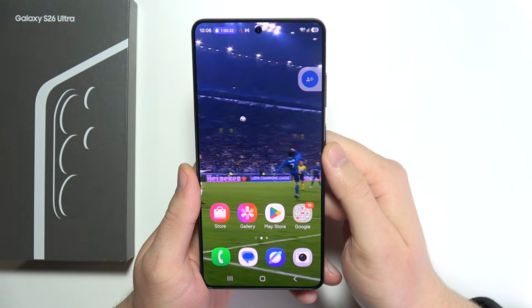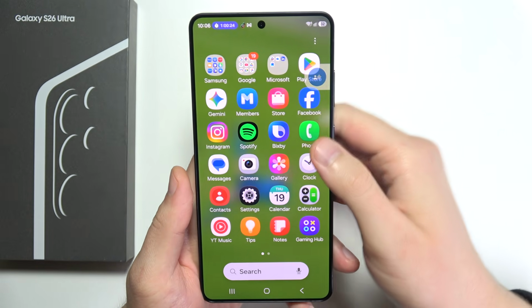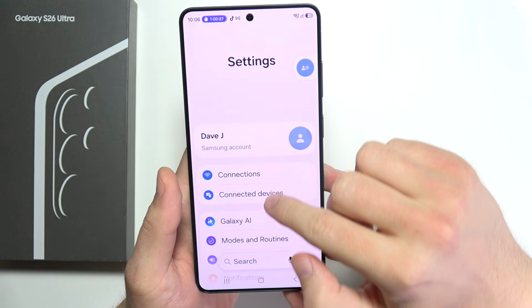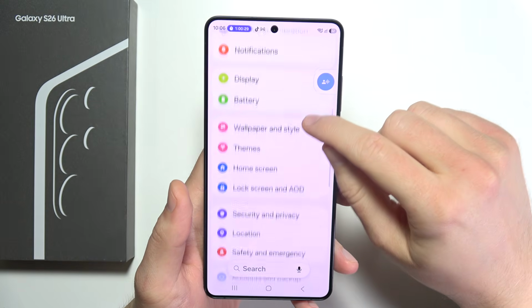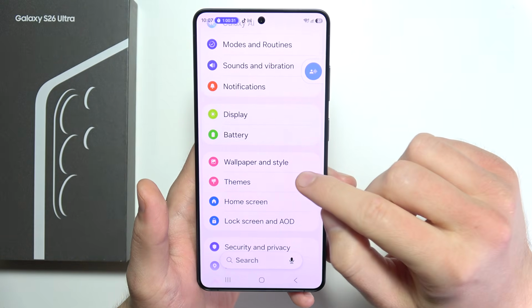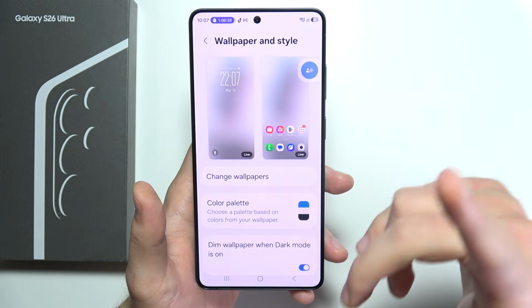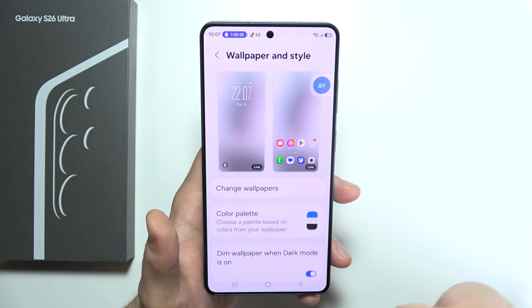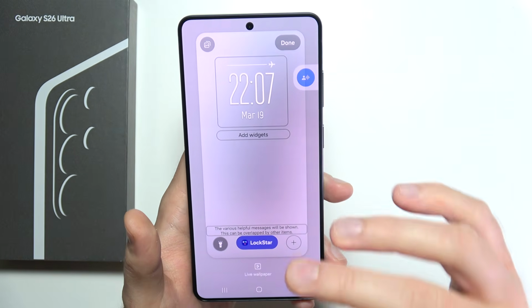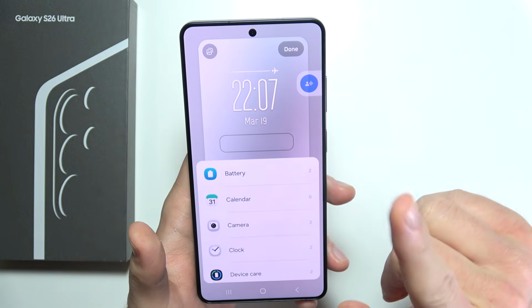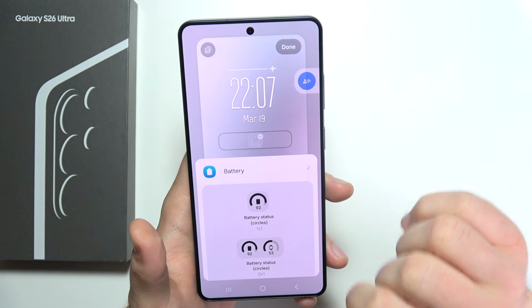To add widgets to the lock screen on the Samsung S26 Ultra, let me show you two methods. The first one, it's hidden. So first of all, we have to open the S26 Ultra settings and go for wallpaper and style. Now click here, and first of all, as default, you can only find this option to add this small widgets